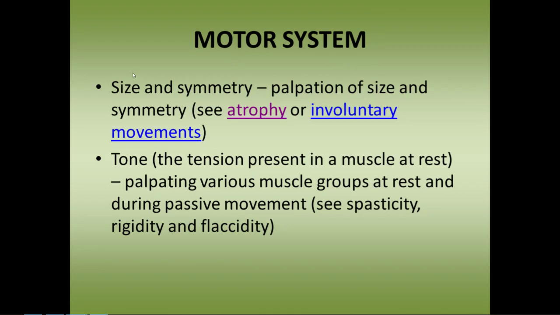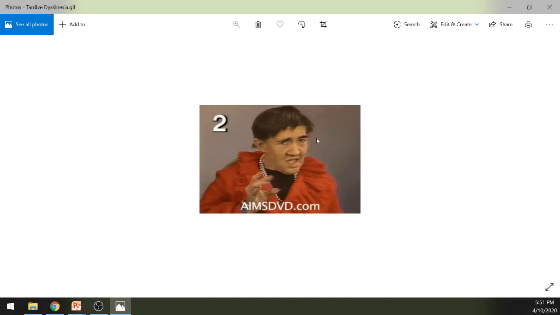Another abnormality in the size and symmetry of the muscles would be your involuntary movements. The picture, or the GIF, you see here is an example of your tardive dyskinesia and your pseudo-Parkinsonism. These two are symptoms of the side effects of antipsychotic medications, specifically medications that cause extrapyramidal symptoms. Hopefully in your psych subject, you are able to discuss the side effects of antipsychotic medications